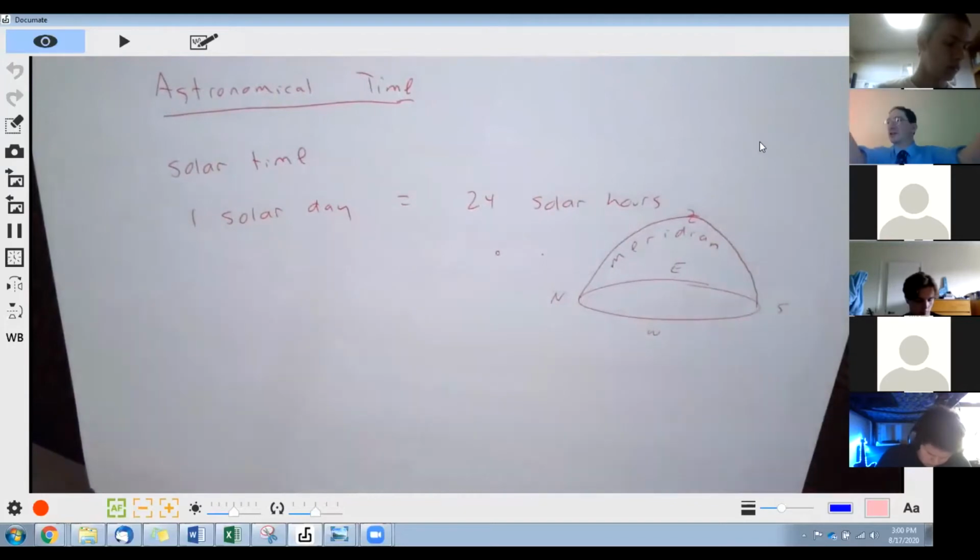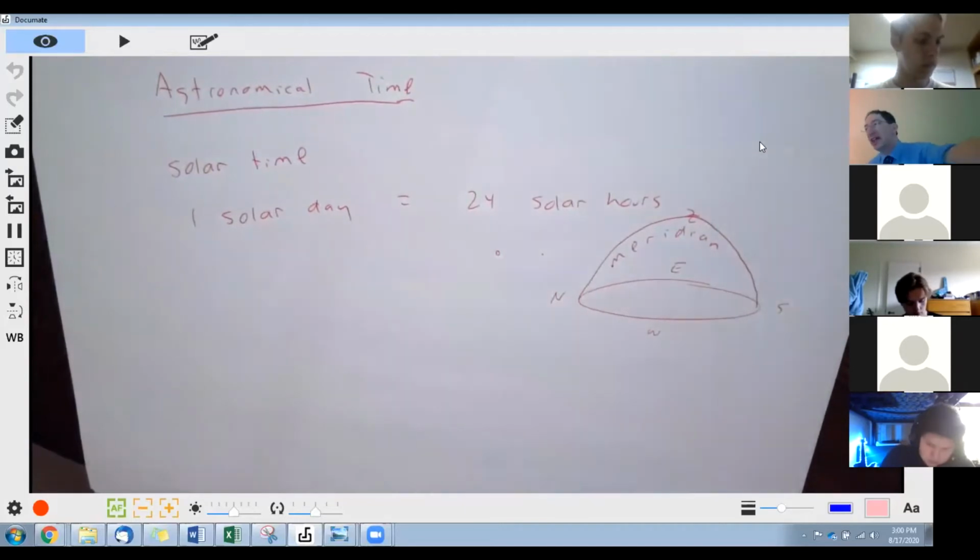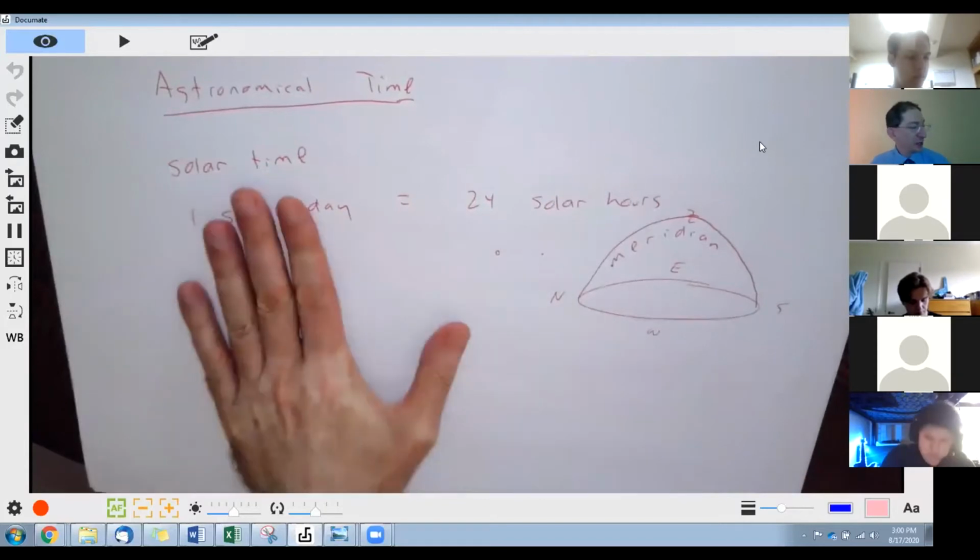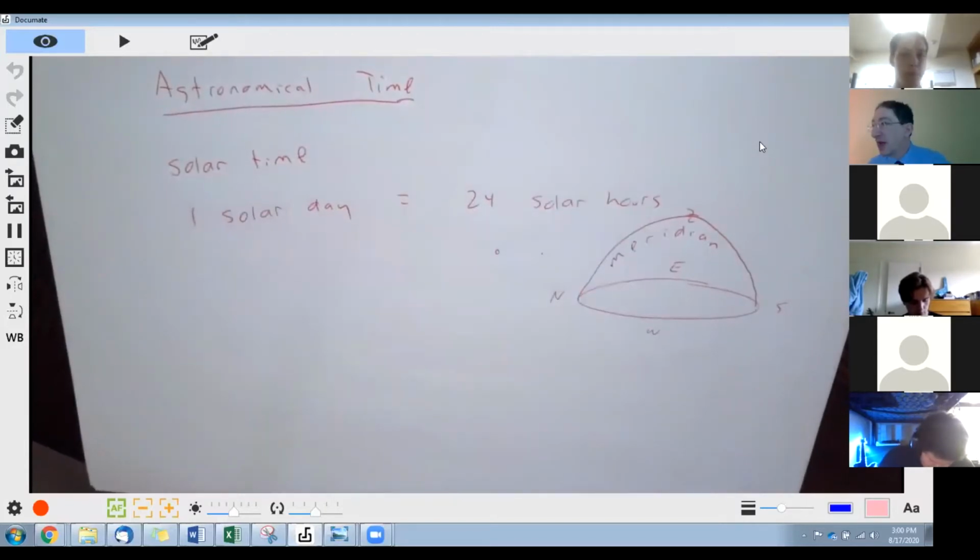So imagine the sun crossing the meridian, kind of around midday. It may not cross directly overhead. It crosses somewhere on the meridian. The sun doesn't always pass directly overhead, as we'll learn. And then the amount of time to go completely around, set, rise again, and come across the finish line, that is one solar day, 24 solar hours. Okay. Now,